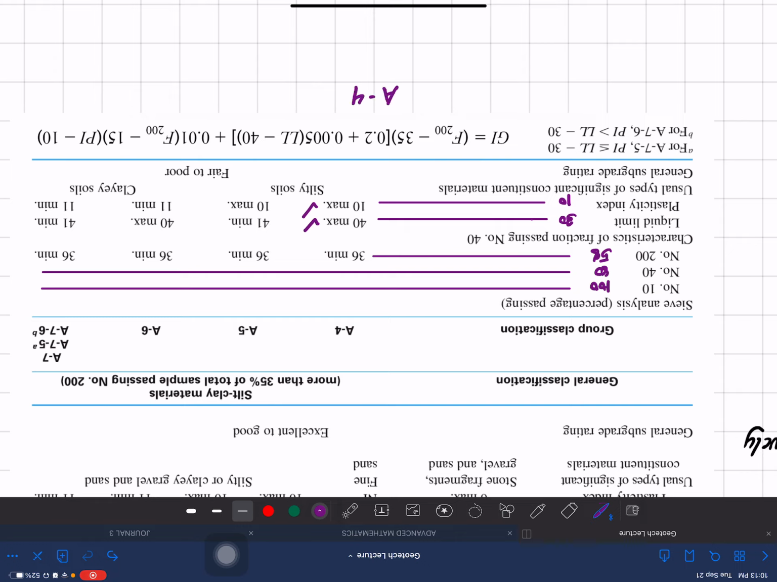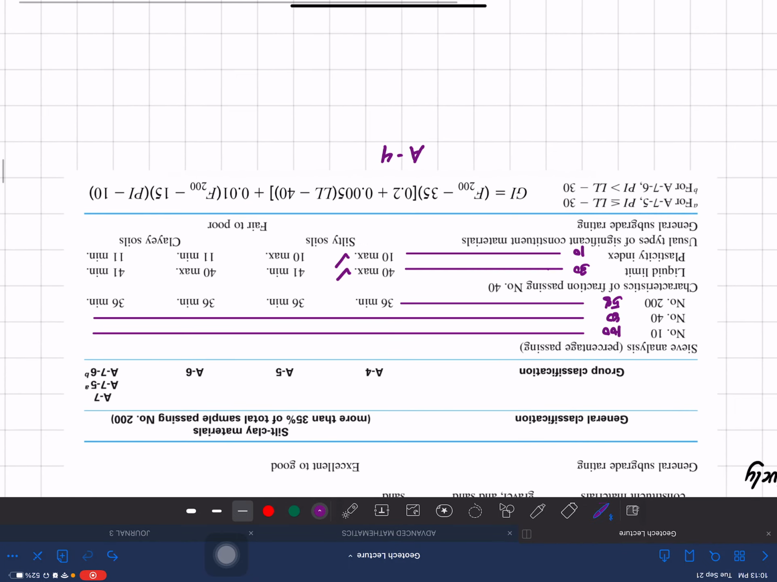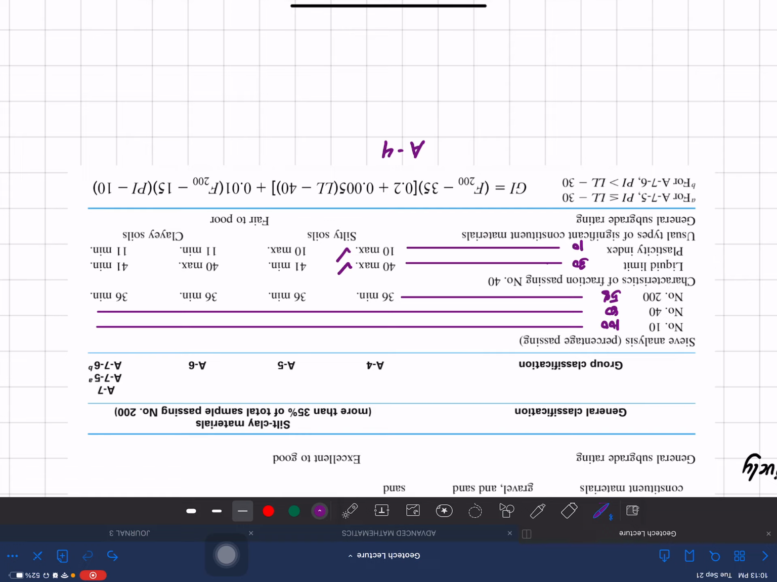So, the classification of the soil as per table will now be A-4. Pero hindi pa dyan nagtatapos yung ating soil classification kasi we still have to identify the group index. So let's compute for the group index. The formula is there. That's F200 minus 35. So we have GI, which is F200 minus 35, where F200 is the percent passing the number 200 sieve. That is 58 minus 35 multiplied by 0.2 plus 0.005 multiplied by the liquid limit, which is 30 minus 40,